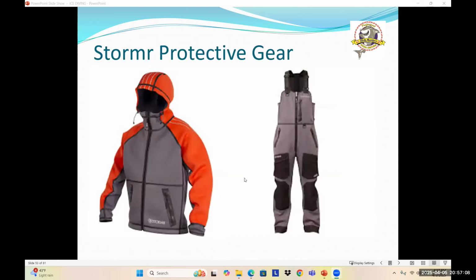And again, you learn all about the caution and stuff like that in a class. Some of the additional safety gear that we wear, we just pulled this particular brand out, Stormer. Sales rep Bill O'Malley was our sales rep for it, and great guy. Love him to death. But the Stormer gear right here, we had the bibbed Farmer Johns, or overalls,